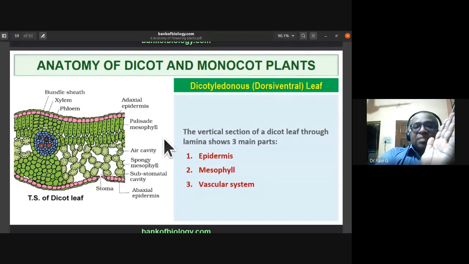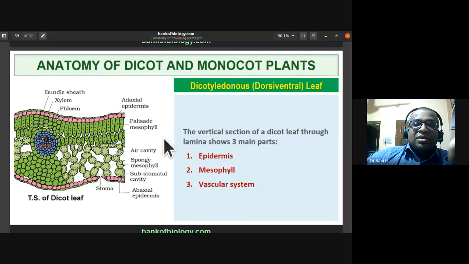In a monocot leaf, like grass, both sides are exposed to sunlight equally and look similar in color. Iso means similar, lateral means sides: isobilateral. Both sides are similar and exposed to sunlight, and you find stomata in both the upper and lower epidermis. So it is amphistomatic, whereas in a dicotyledonous leaf only the lower epidermis has stomata: hypostomatic.